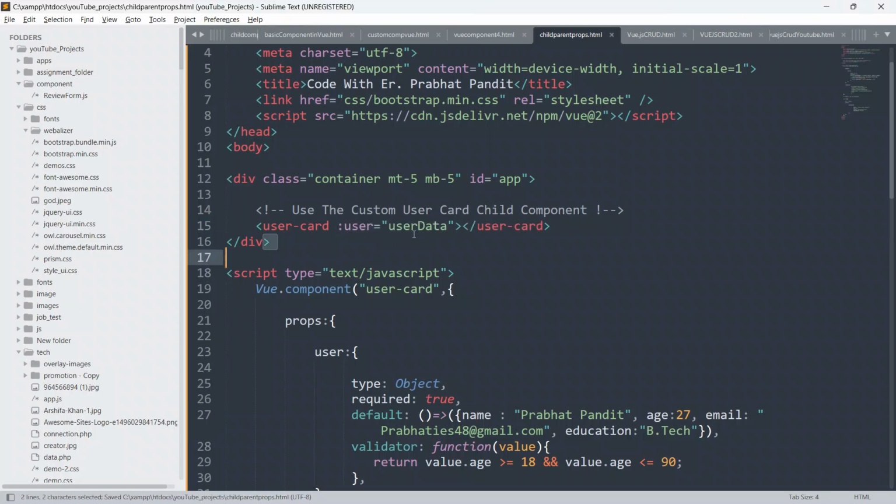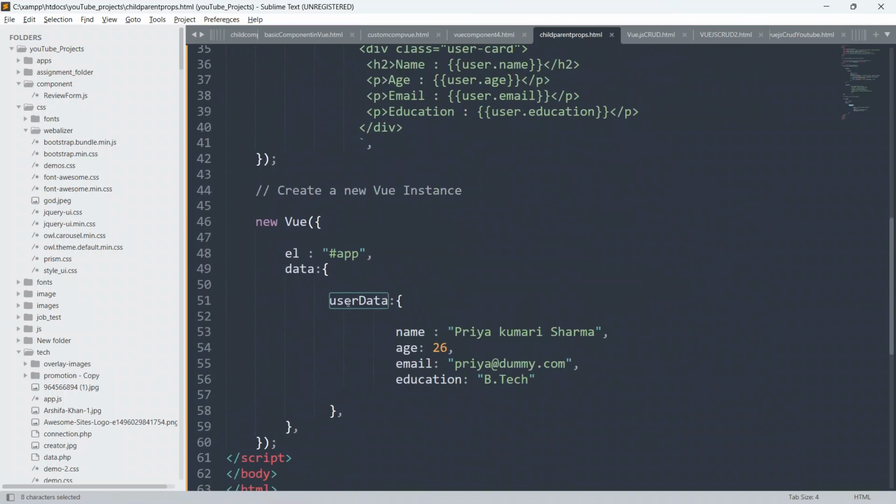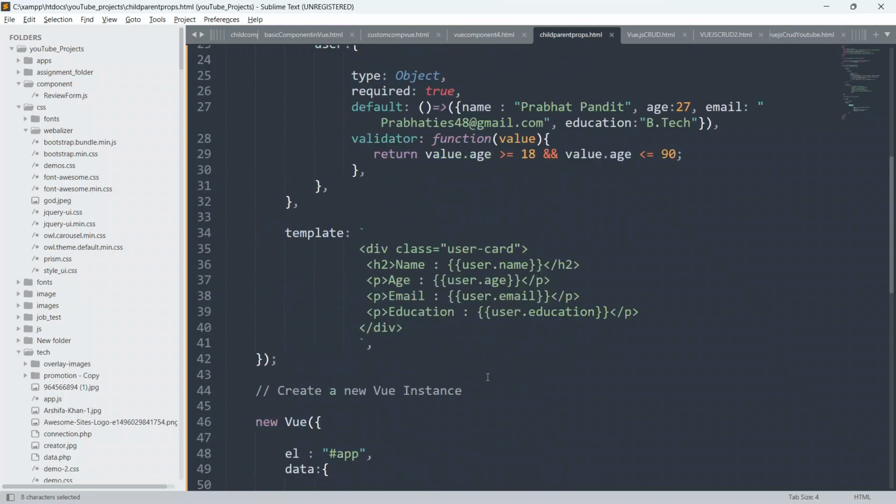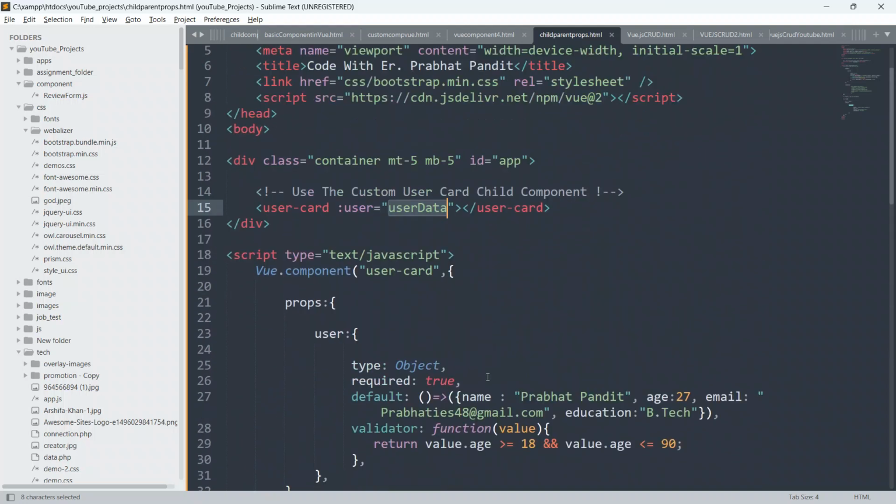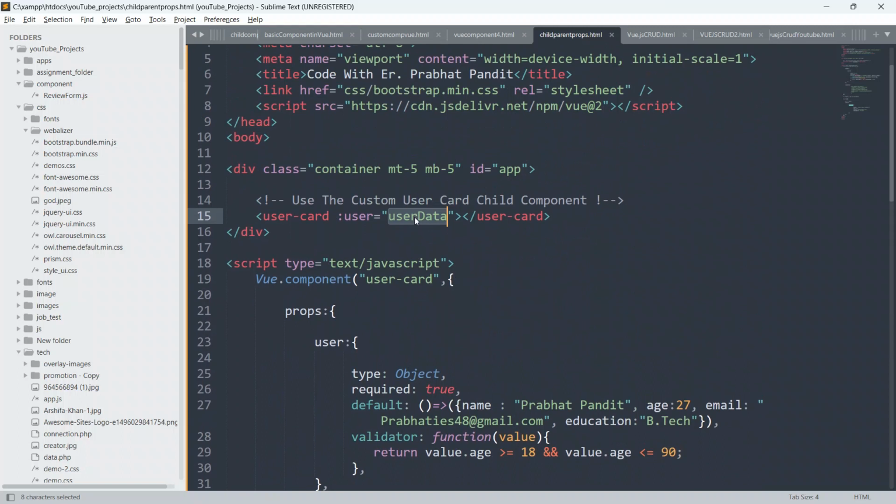Here now we are just binding this user data from this parent component, which is user data, and name is Priya Kumari Sharma, age is 26, email is priya@dummy.com, and education is this. This will go here to this user card data, and here we are just binding by using v-bind.